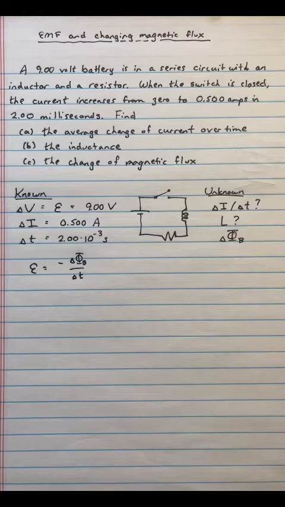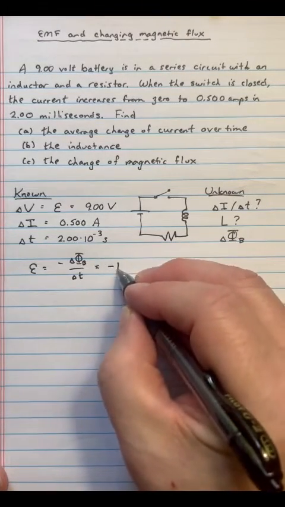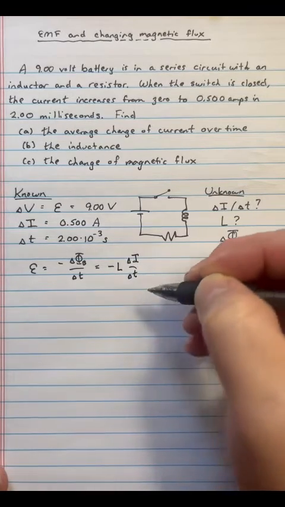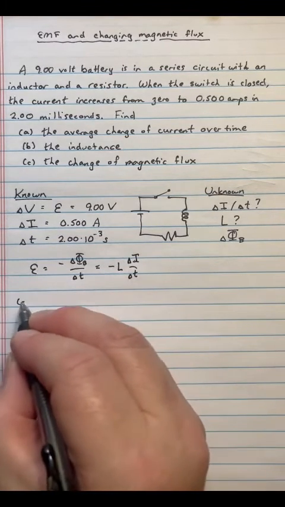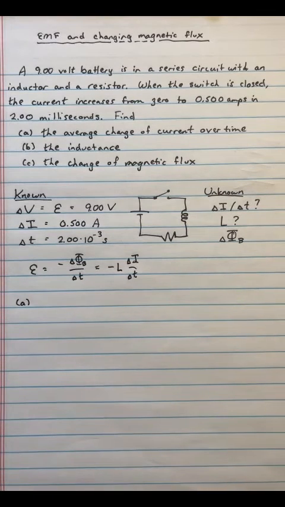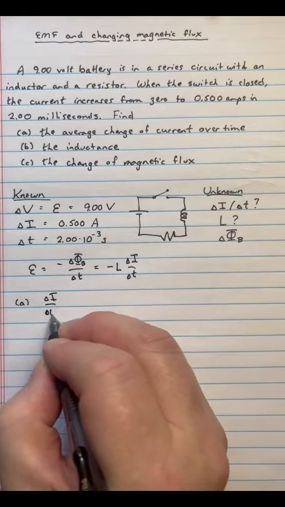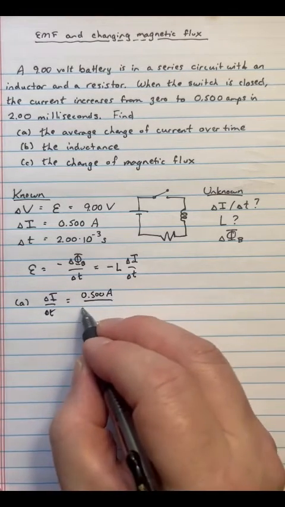But there's also something else that comes up if you write this. You can rewrite this in such a fashion as the negative of the inductance multiplied by a change of current over time, like that. And that leads us into some interesting statements. So let's go ahead and take a peek at what we have. First off, we have a current that changes from 0 to 0.5 amps in 2 milliseconds. Let's calculate that. So change of current over time equals 0.5 amps over